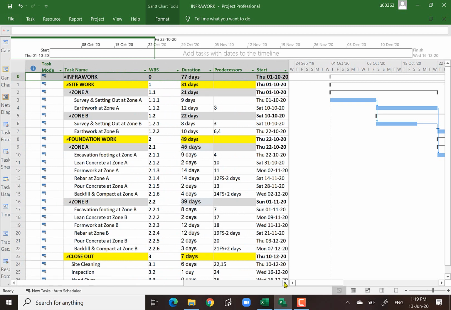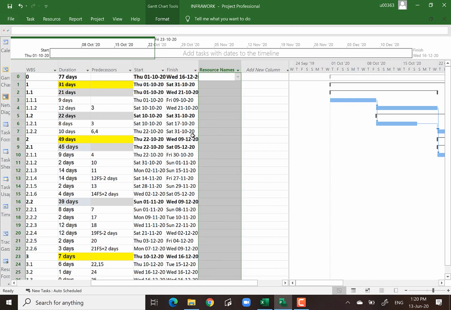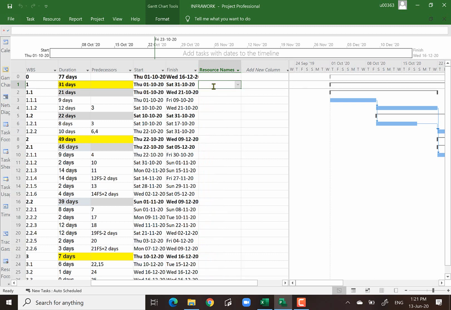All right, now you see we are almost done with inputting data except for resource name. Okay, we will do that. Now the last column would be resource name, and if you click on any of these activities here,